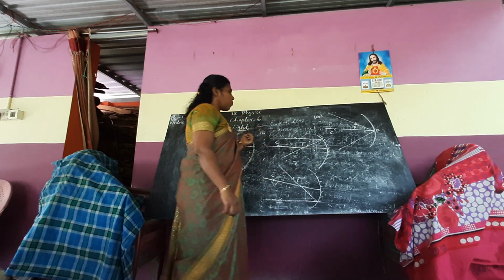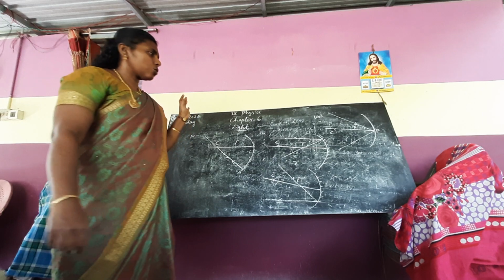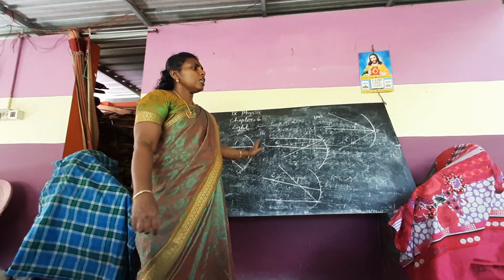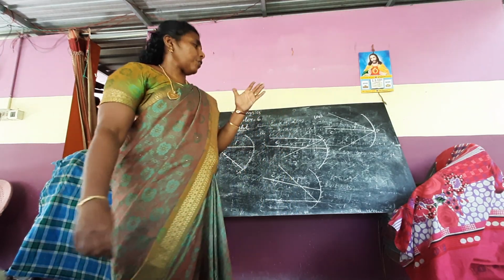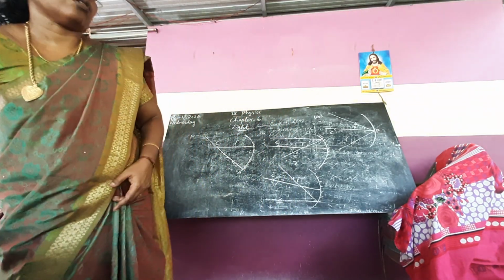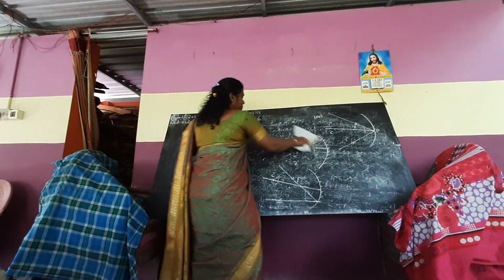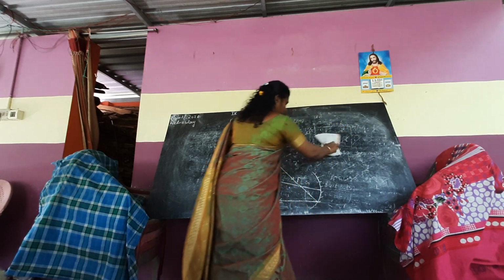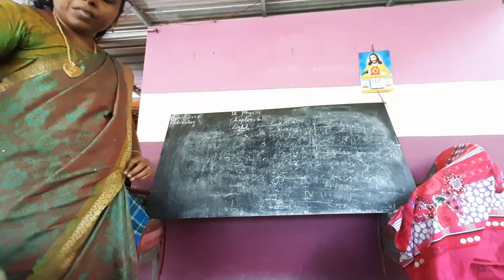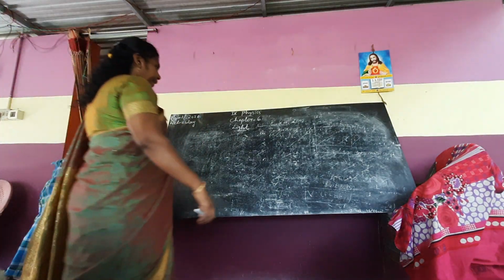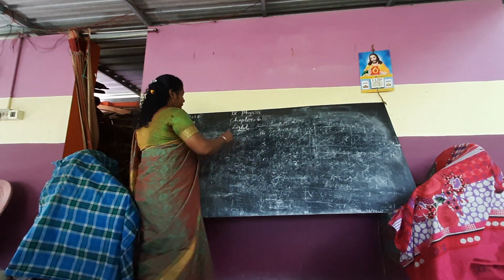So these are the four rules followed to draw a ray diagram. Can you understand, students, the four rules? This is very important. Knowing these rules, next you can draw a ray diagram easily. So all of you understand the four rules now. Next we can see how to draw a ray diagram. Okay, now you know the rules, so now we can see how to draw a ray diagram.